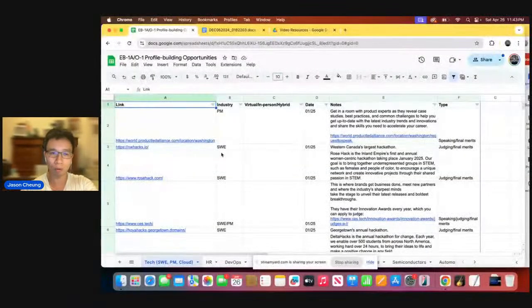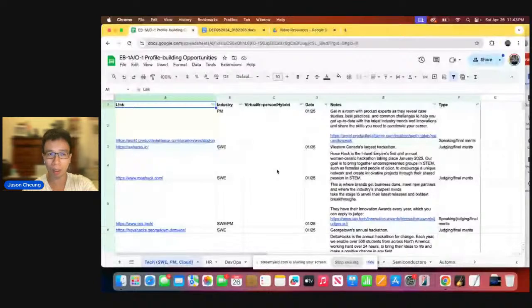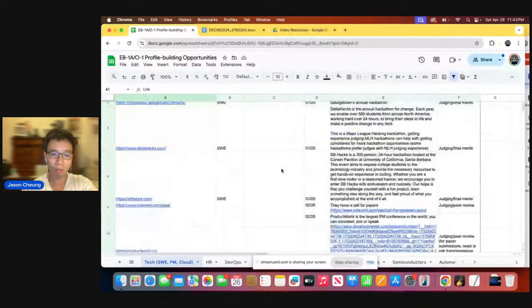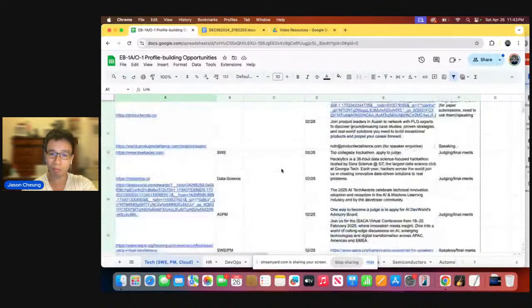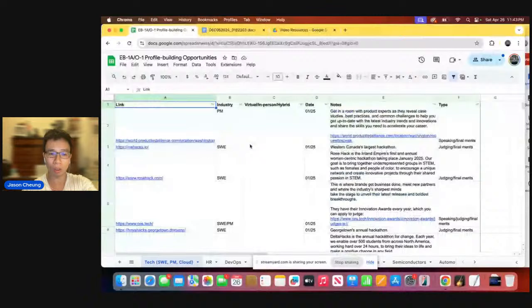Right now, I run a profile building opportunities database as part of my newsletter, which currently has over 400 opportunities in multiple different fields. These are just the kinds of opportunities you want to be looking into if you're profile building towards EB-1A, and this also applies to O1 and EB-2NW as well, but mostly, just those three. I regularly update this database.